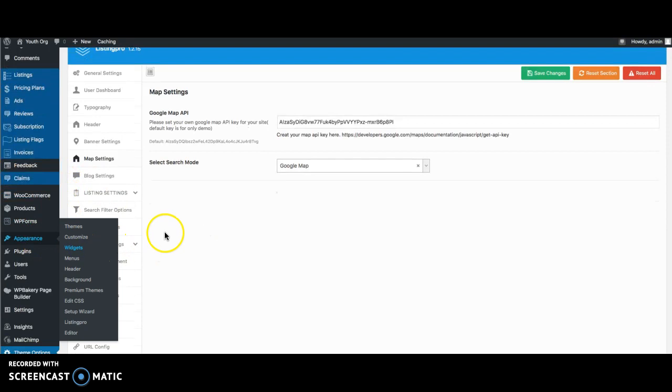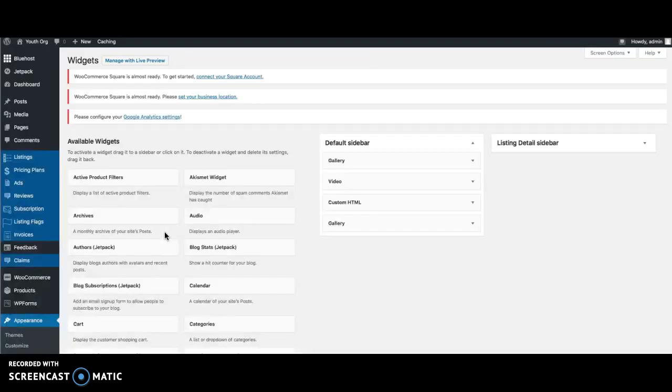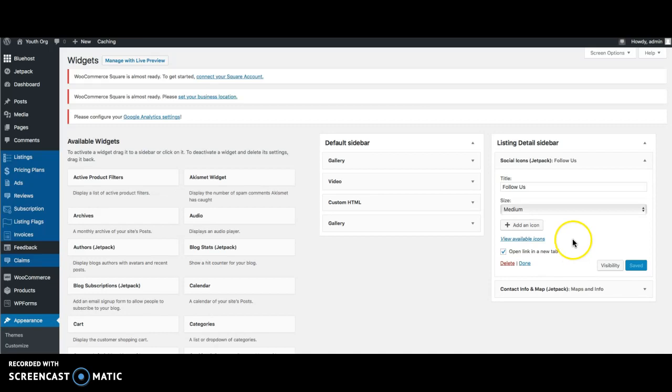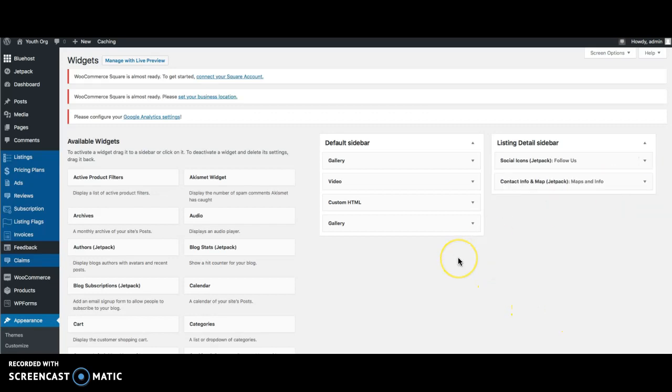We'll go to the widgets. And here's my default sidebar. Here's my listing sidebar. And the same thing goes when I edit the page and put in my social icons. Whichever one I do first, it only lists for that business. So in other words, if I did one for the Grasshoppers, on all of my listings, it lists the same